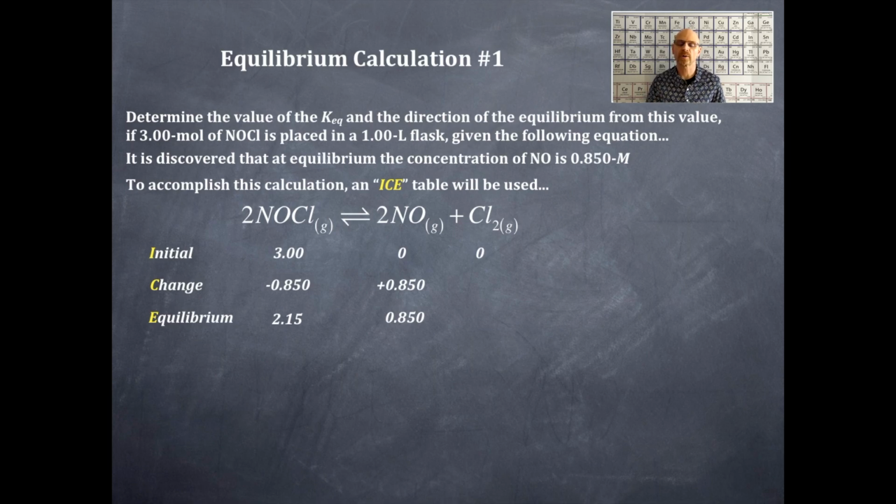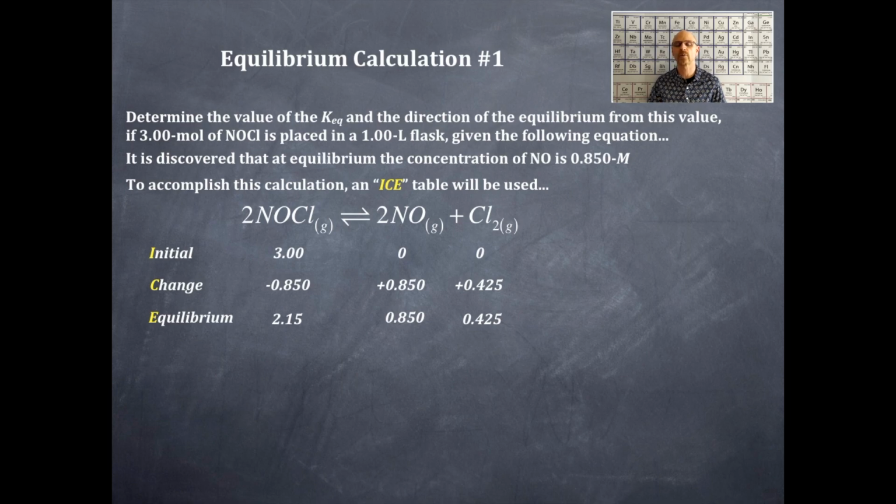That gives me 2.15. And then I'm going to add 0.425, which is 1/2 of the 0.850. That 1/2 of the 0.850 is going to go right in that place, because the mole ratio is 1/2 that of the NO for the Cl. Now I'm going to add up the columns here of the 0 plus the 0.425, and I'm going to get